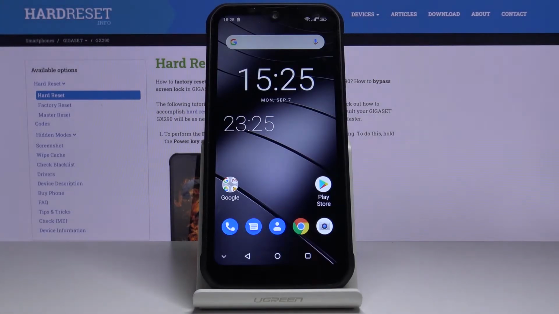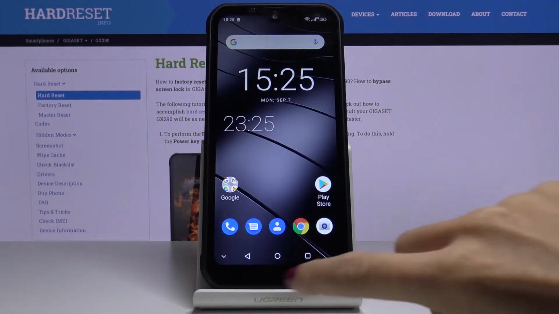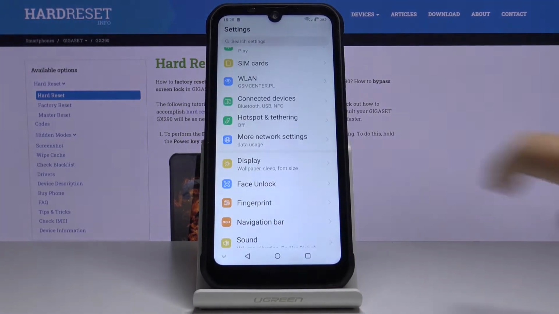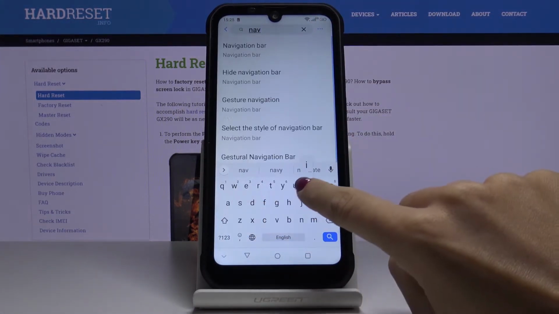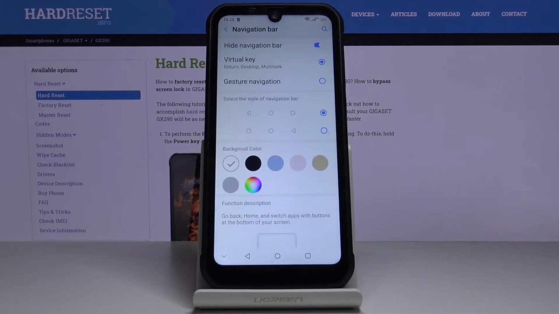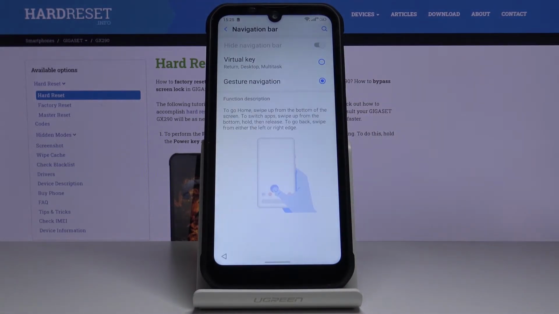If you'd like to use just the gestures to navigate, just open the settings, enter "navigation" in the search area, mark navigation bar, and here as you can see you can pick gesture navigation. So I will mark it at first, and now all you need to know how to use it is